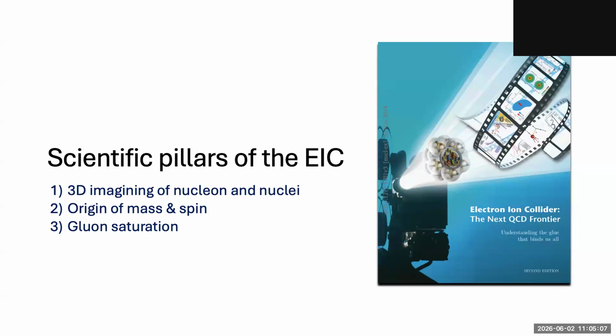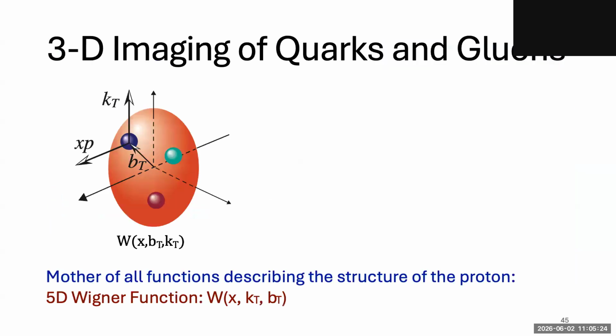When this QCD emergent phenomenon happens, how does it contribute to the mass? And finally, gluon saturation is when you accelerate a proton so fast, at a very high energy limit, that the gluon keeps showing up. When does it stop? That is related to gluon saturation. So the first one, I'll only tell you the high level, and then we'll have a dedicated lecture